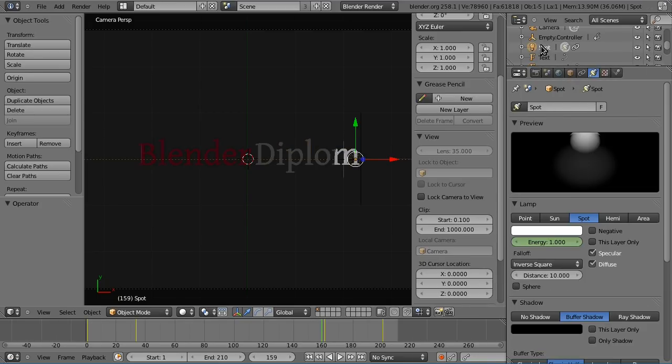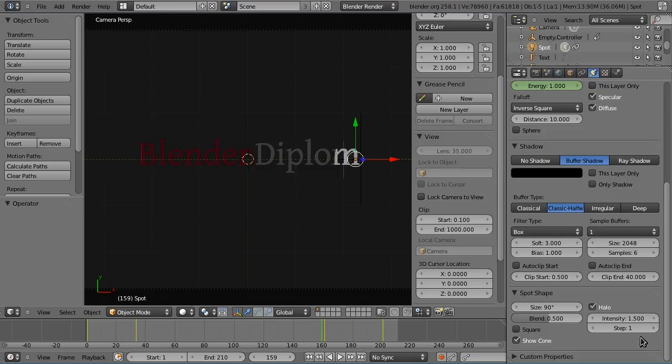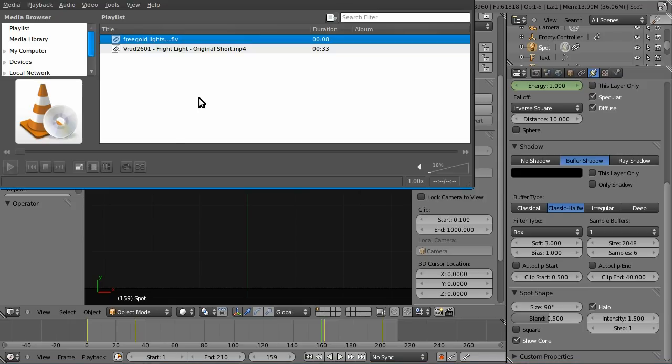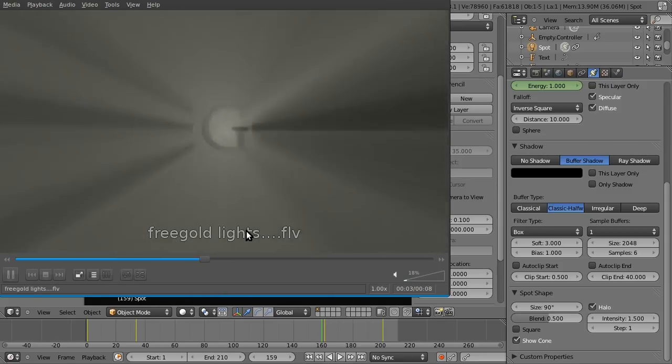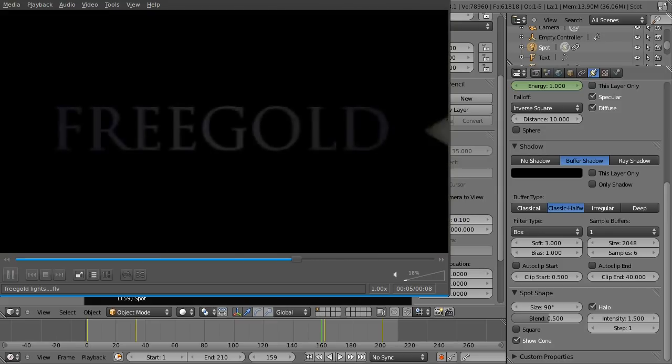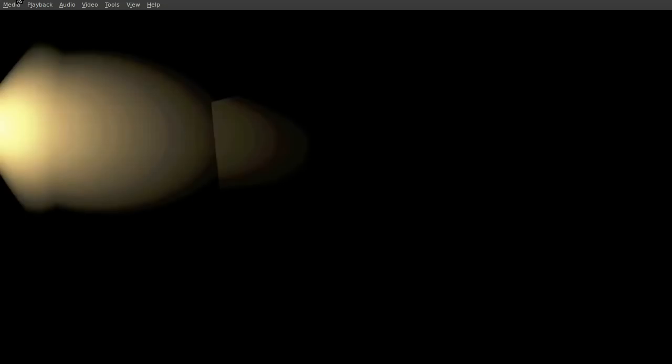part is not to put a spotlight behind the text and turn on halo, but rather how to fade out the logo. And a user named FreeGold actually solved the problem in a really creative way. Just have a look. Simple, yet